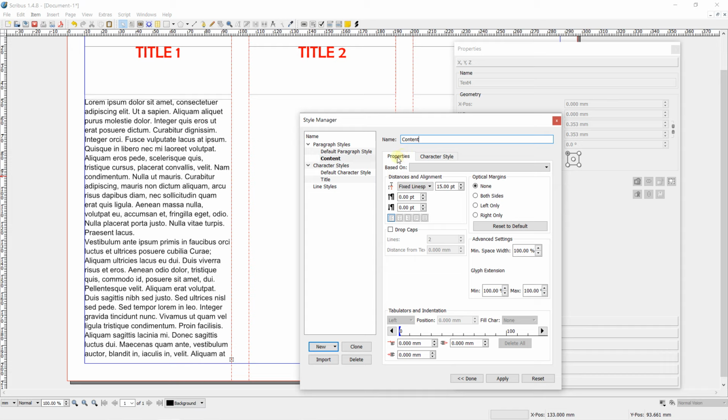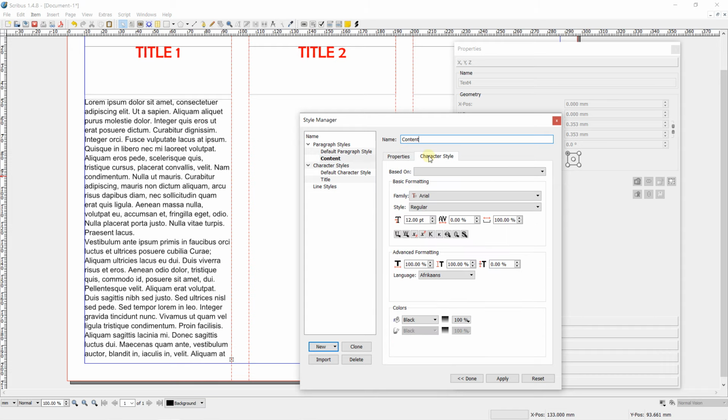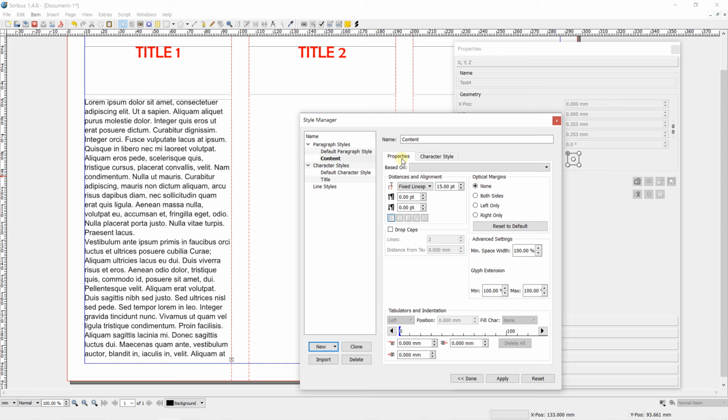And here you can work on properties of the paragraph, but also on character style. So inside the paragraph style, you have character style. Let's select another font family, for example, let's apply this font family. Let's apply a value of 12. Color, let's apply blue color. And if I go on properties panels, I can apply, for example, alignment center, but I can also use justify. I'm going to apply justify.